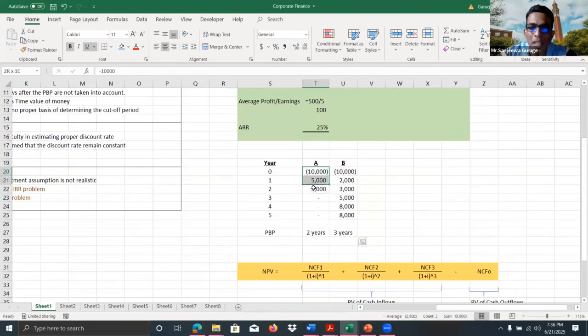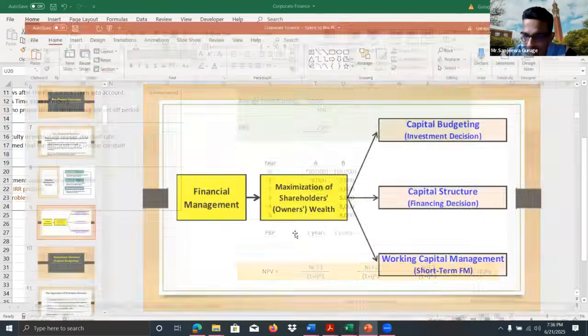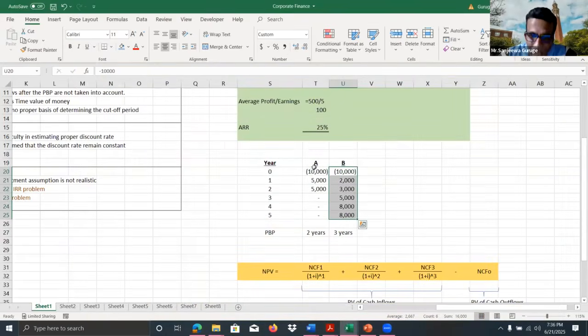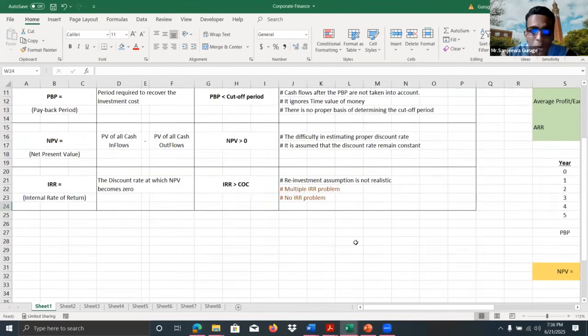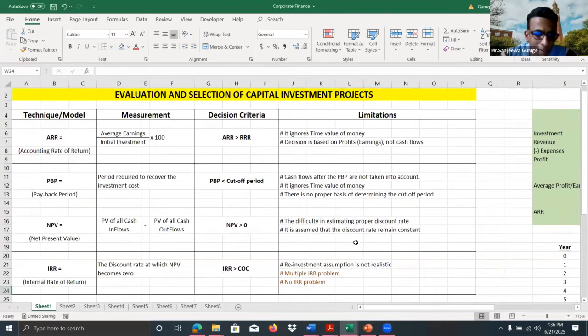You can see, even if these are discounted cash flows, here we can see only the investment can be recovered. But this one will help to achieve the objective, maximization of shareholders' wealth. Is there any benefit of accepting a project like this? There is no benefit. So is it possible to rank the projects using payback period? Payback period is not the correct technique to rank the projects. To rank the projects, the technique we can use as it is from these techniques is only IRR. NPV also we can't use as it is.